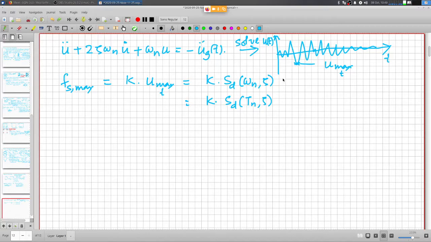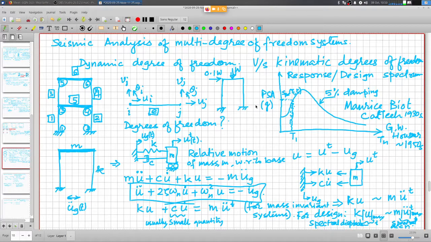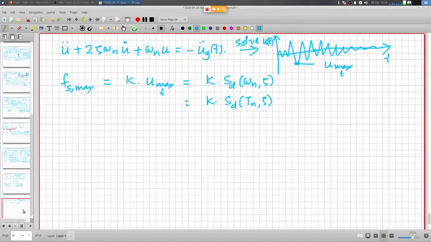So all that I need to know is the maximum displacement, and that can be covered in terms of this response spectrum as a function of natural period and damping, and you can read off the maximum response directly from this curve and then use your system parameters, the stiffness or mass, to multiply with spectral displacement or spectral acceleration, and you get the maximum force that we will use in design calculations, right? So that's the basic idea of this response spectrum.